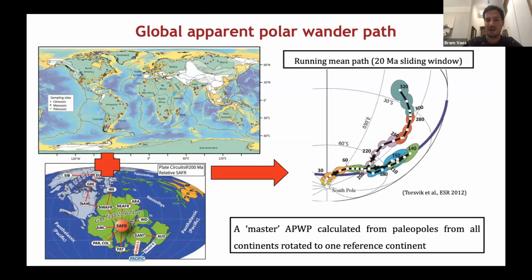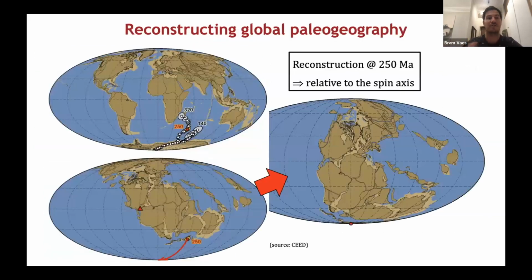All right, so how do we then use this to reconstruct global paleogeography? Here on the top left, you see this apparent polar wander path again. If we now want to reconstruct Pangea at 250 million years ago, so at the beginning of the Triassic, we first have to use a relative plate motion model, which you see on the bottom left. That's kind of like the Alfred Wegener style Pangea reconstruction. And then we rotate the entire